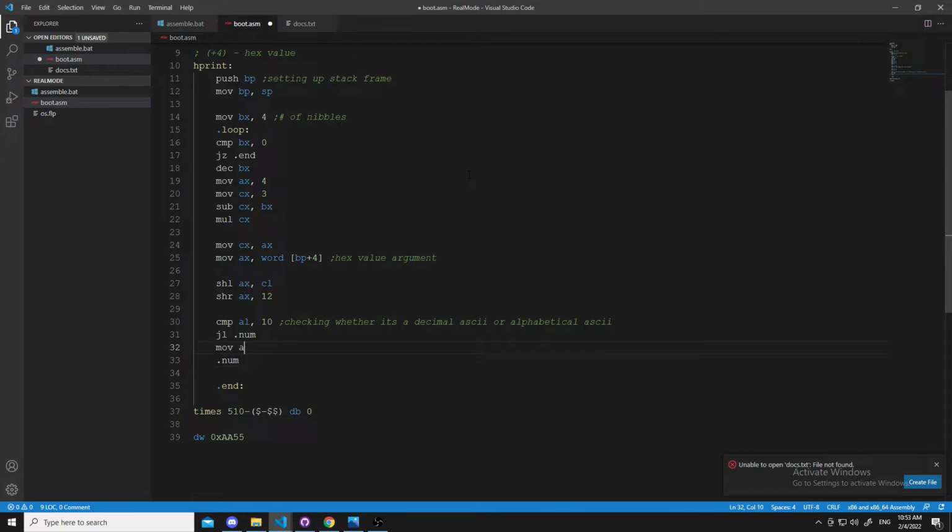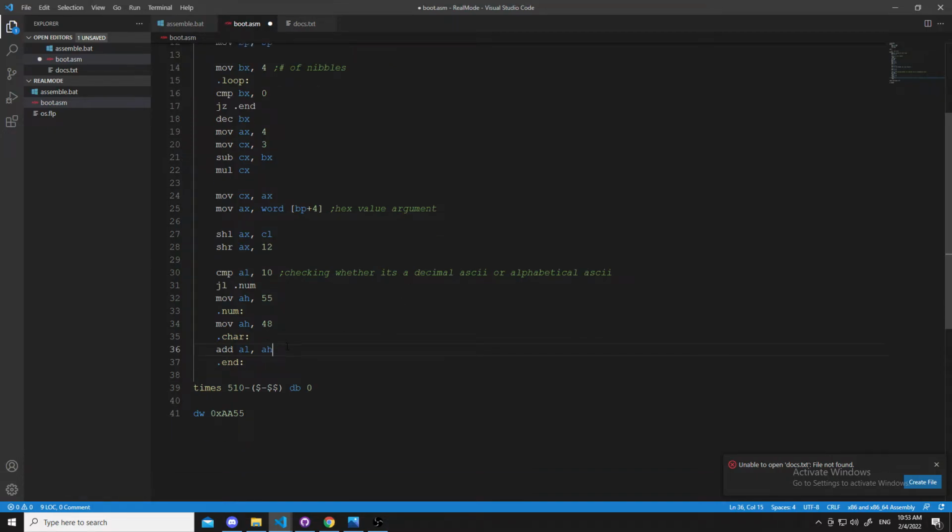If it's not a number, we're going to mov 55 into AH. That's the ASCII value for A, I think. I don't remember. And if it's a number, we're going to mov AH 48, which is another ASCII character. I should probably put those in char notation, but it made a lot more sense doing offsets like that. So whenever we actually get around to generating the ASCII character, we just add AH to AL,